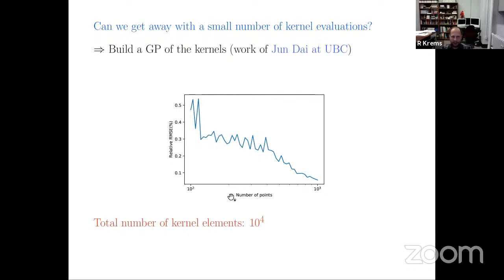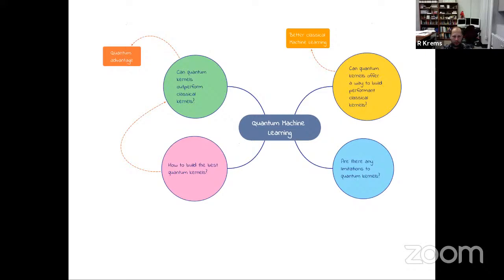Each kernel matrix element is going to require something like 1,000 quantum measurements. But instead of evaluating 10 to the 4 of them, you can design strategies that would interpolate a much smaller number of them to get you the full kernel matrix. And like I said, June can do that with something between 100 and 1,000 kernel matrix element evaluations to build the full kernel matrix that gives accurate models.